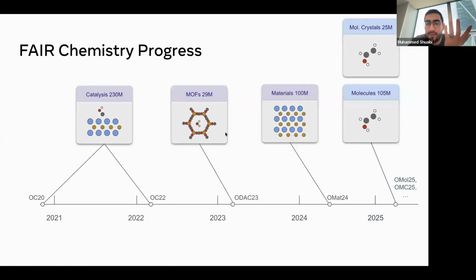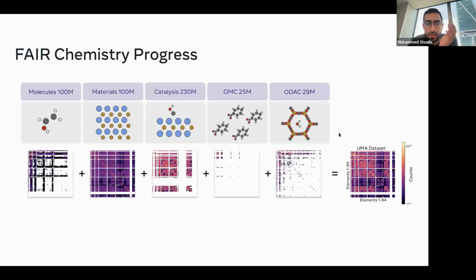So over the past several years, we had a variety of applications. We had direct air capture, materials, molecules, and molecular crystals. And then one question we started to ask ourselves is, this recipe is kind of boring, in the sense of: okay, I have a new application, I generate data for that application, I train a model, and that model works just for molecules, or just for materials.